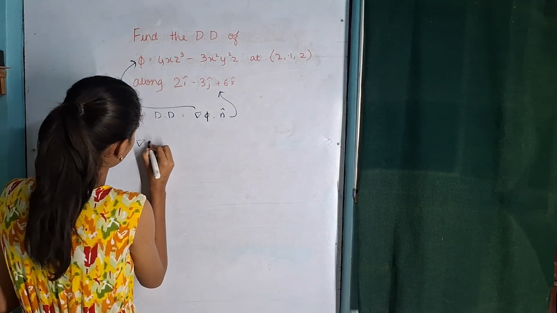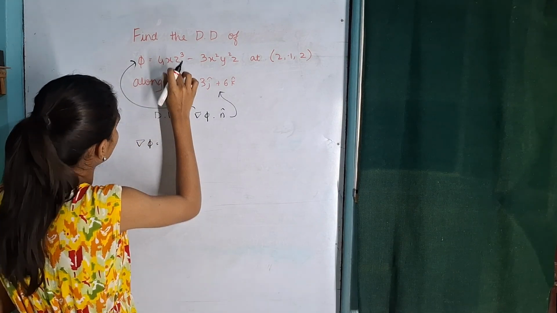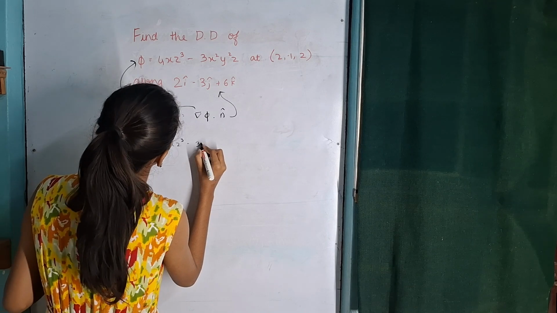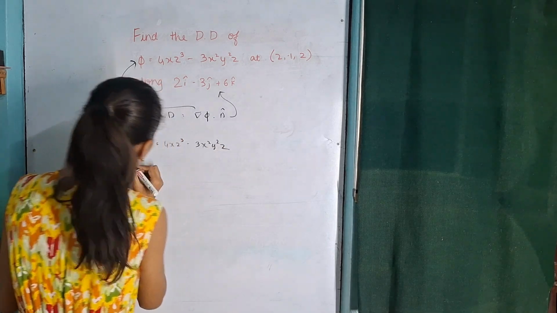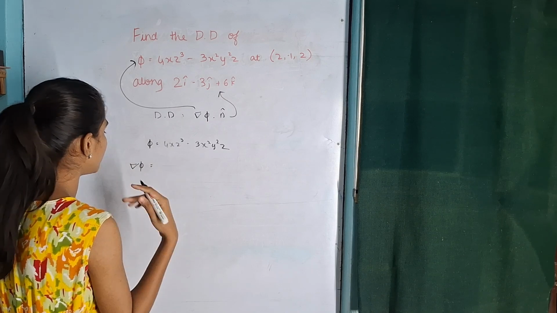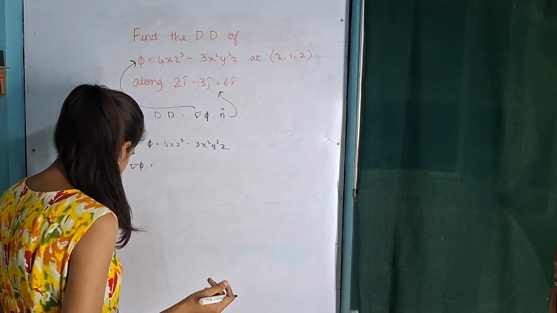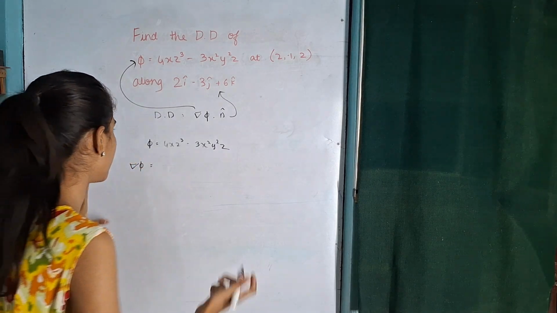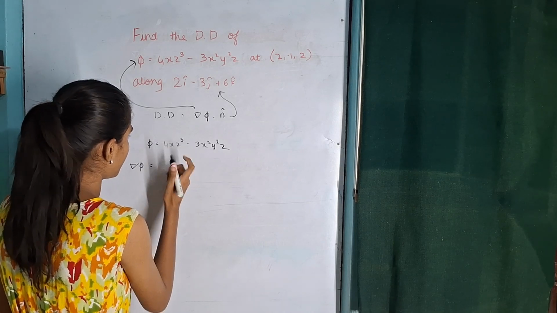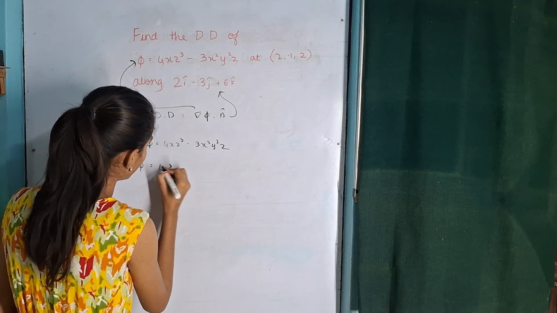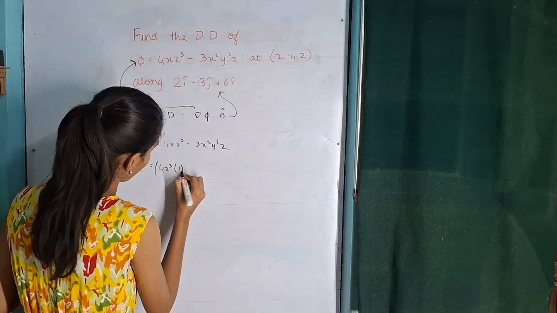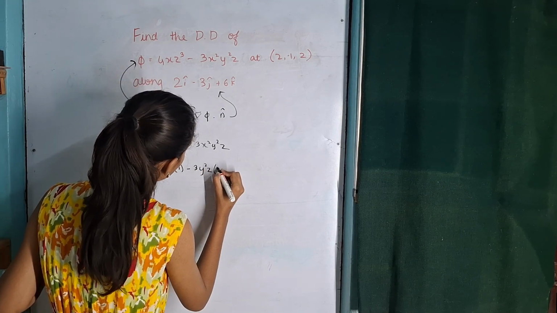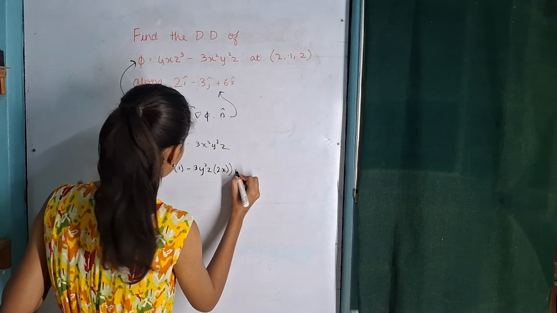Now let's find del phi of this. So first I write phi as it is, 4xz cube minus 3x square y square z. Now we'll find the del phi of this. Del phi formula I have written many a times, so I directly start solving. So we will differentiate this with respect to x, y and z. So let's first differentiate it with respect to x. So 4z cube is common, constant, x is 1, minus here 3y square, z is constant, x square becomes 2x, i,